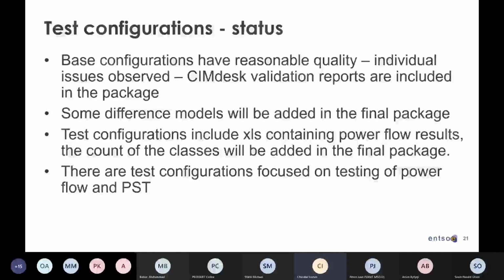Yeah, so you most probably remember from the last time, or if not, you can watch the recording. There were a few actions to be done on the test configurations. Some were missing, like the one for the PSTs and for testing the power flow.